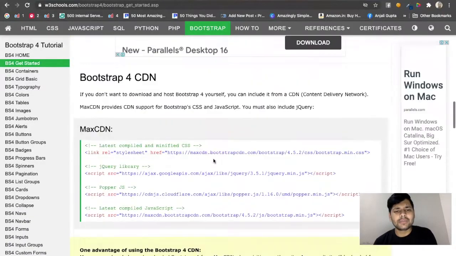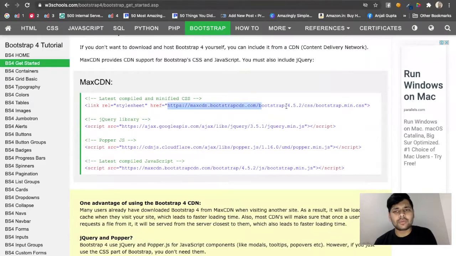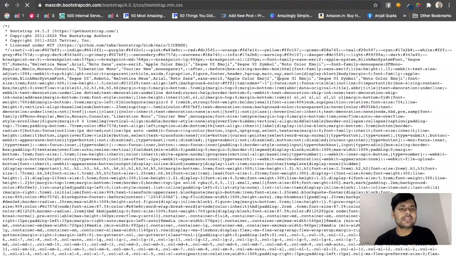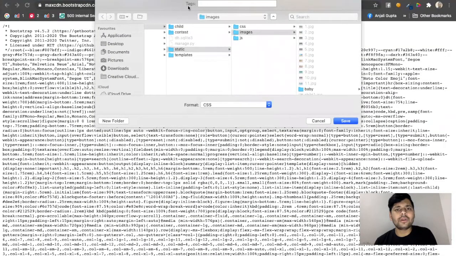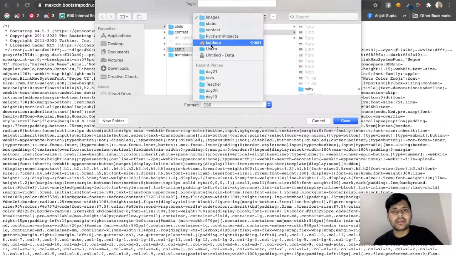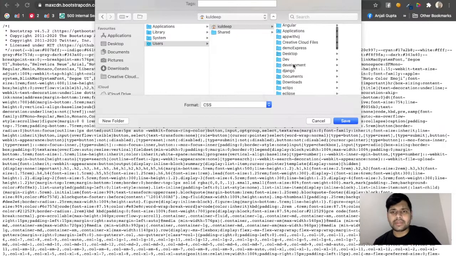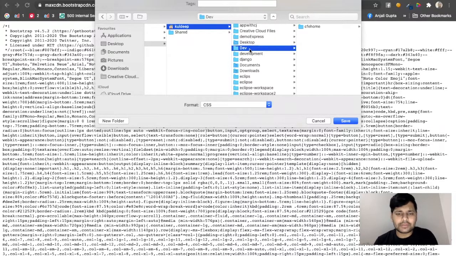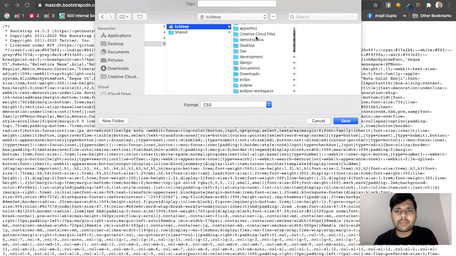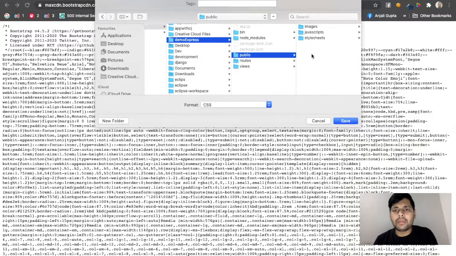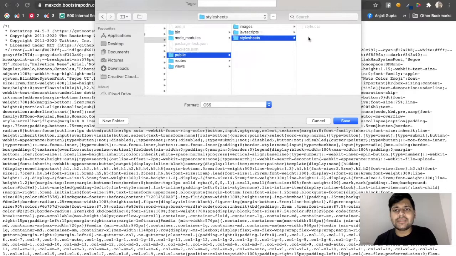Because guys, it's much easier for me to just copy the stuff from here and simply paste it in, and download the file. Just save the file in your folder, which I need to save in my application, that is Demo Express. In the public folder, in the stylesheets, because it is a CSS file, I need to store it here, right? So let me change the name of the file with the name